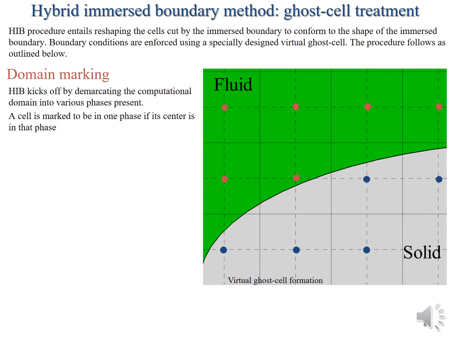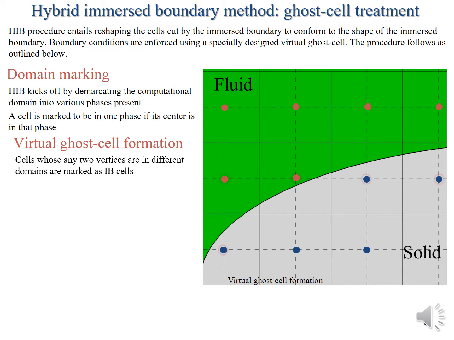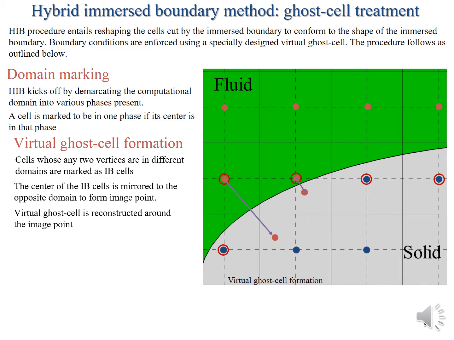All right, let's see how our procedure is a little bit different from that of the ghost cell method. Now, after we mark the domain, we mark all the cells that have at least two faces to be immersed boundary cells, and form a virtual ghost cell around them. So in this case, we mark these cells as immersed boundary cells. After we do that, we mirror the center of the immersed boundary cell into the opposite domain, and we reconstruct a virtual ghost cell around those centers. Then we impose the boundary condition through action of that